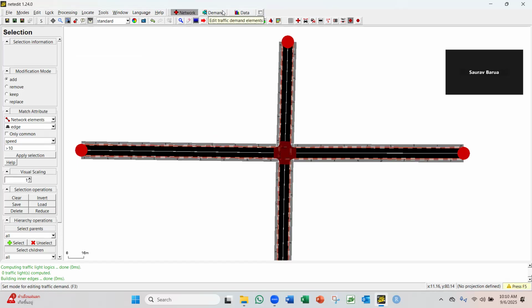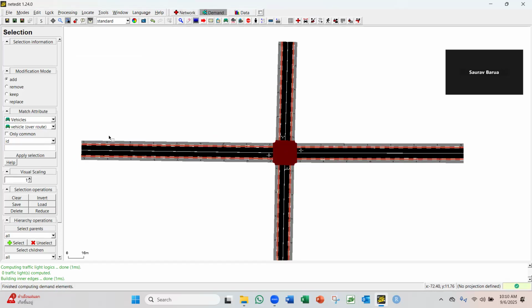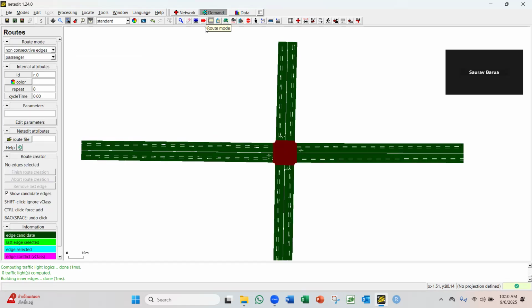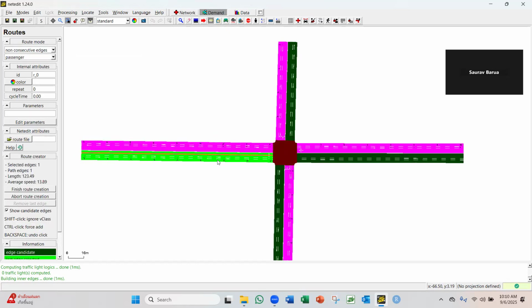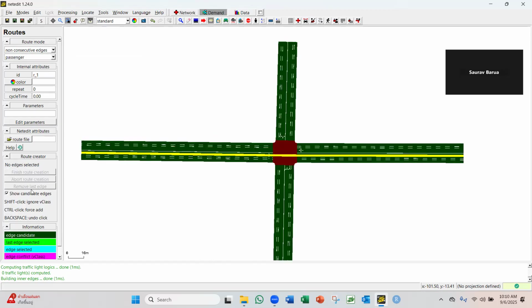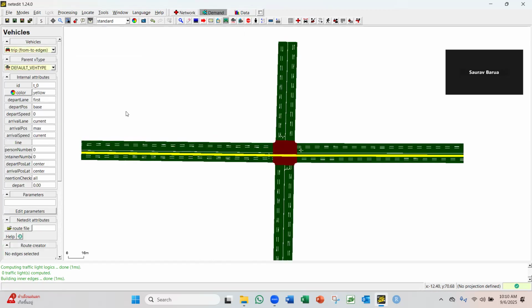Now we have to go to the demand tab. Now go to the route, select route one, select from to S for the route, and click here on the left side, finish route. Then go to the vehicle mode, add vehicle,